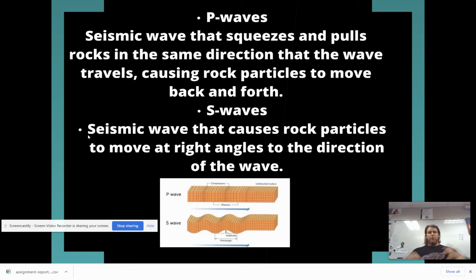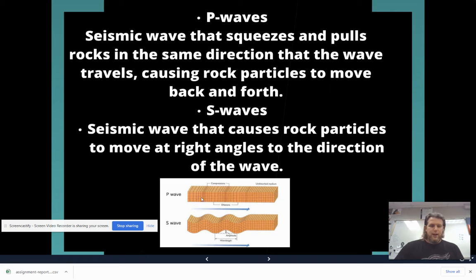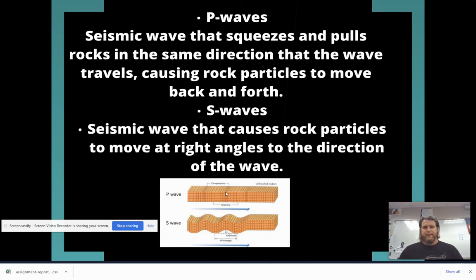Alrighty, so earthquakes come with waves, and so the first one that we want to talk about is P waves. So P waves are seismic waves that squeeze and pull rocks in the same direction that the wave travels. Parallel. So these waves travel parallel in the same direction that the wave travels. And there's this push-pull, sort of accordion squeeze-pull motion that goes with it. So you can see this top graphic right here. These little lines are meant to sort of show compression when they get really close to each other. And when they're further apart, that's sort of the accordion nature of it, like the compression and the release,